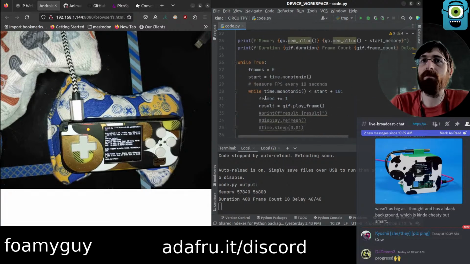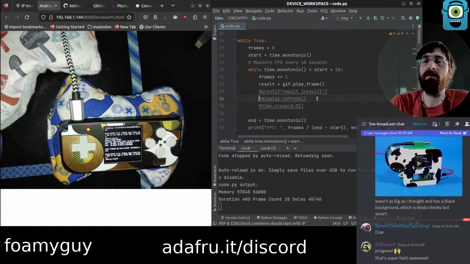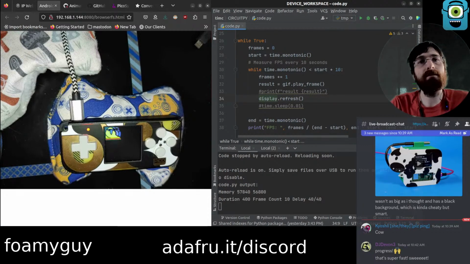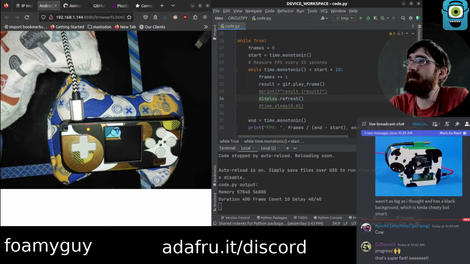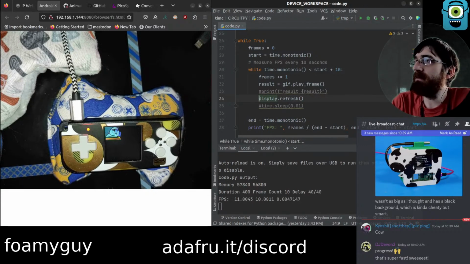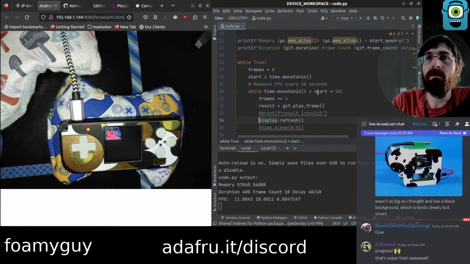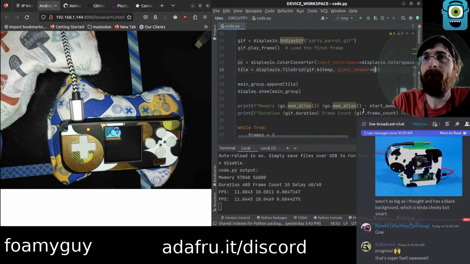Okay. No. That one is slower, but it does still do this like background thing. Yeah. Input color space.